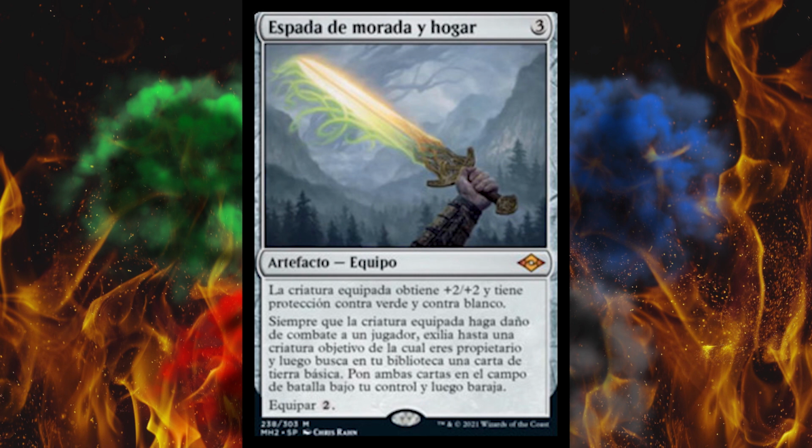So each time that a creature that's equipped by this makes... What is daño? I've never heard of that. Well, it's daño de combate, so... Damage? Is that really the word for damage? How did that never come up in the last 8 years? I guess I don't read that many Spanish cards. Anyway, whenever it does combat damage to a player, exile it. The player? We got some pronoun confusion here, and that's not normal in Spanish. Anyway, exile until a creature permanent of the...